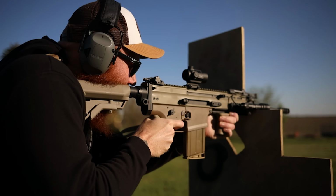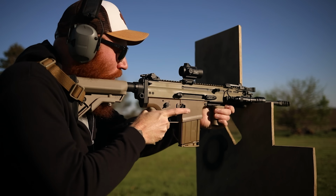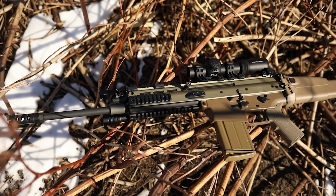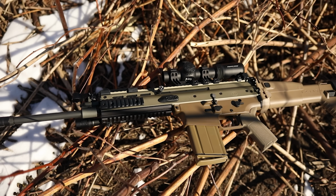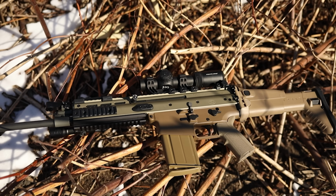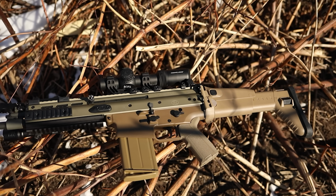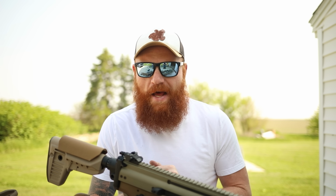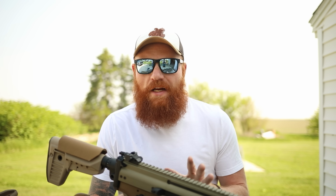to the Scar 17. Now the Scar 17 has been kind of the go-to 308 rifle for the last couple of decades, just simply because it is a quality 308 semi-automatic. It also comes in 6.5, but only the 20-inch version. Both these are going to be 16-inch barrels. Both these are going to be piston systems. Both these are going to be semi-automatics, and both of them are going to be kind of designed around the